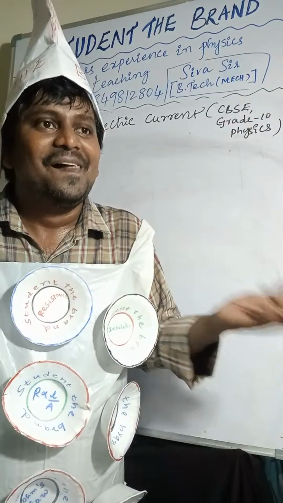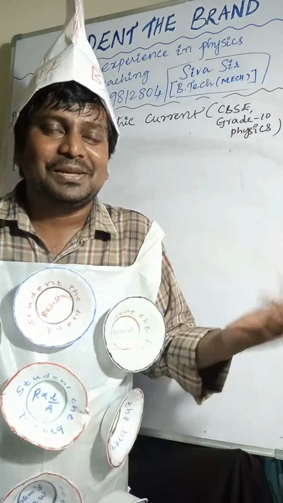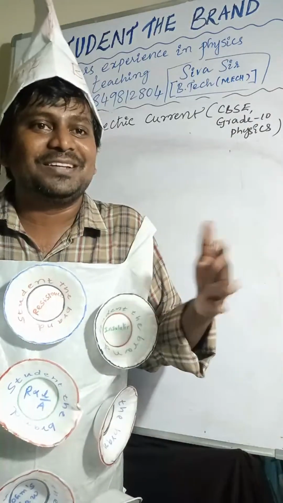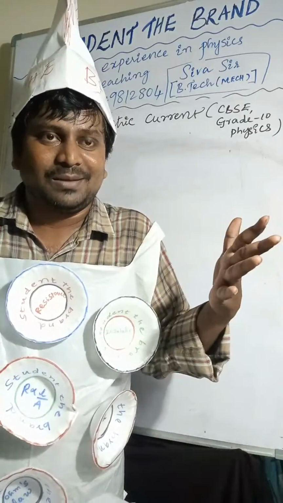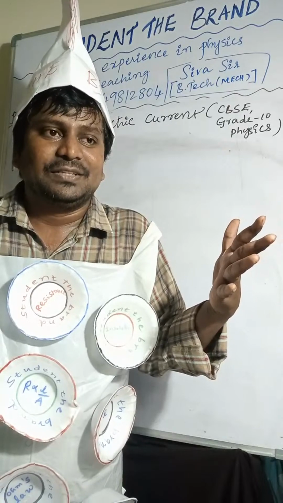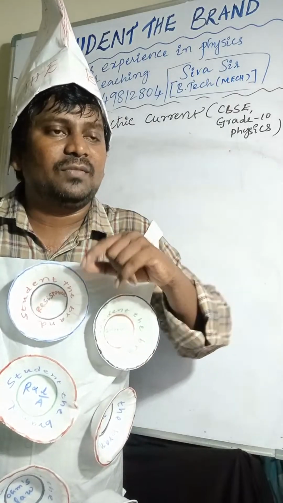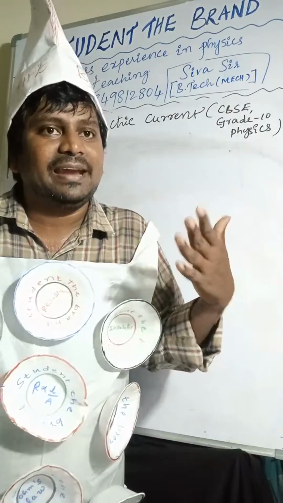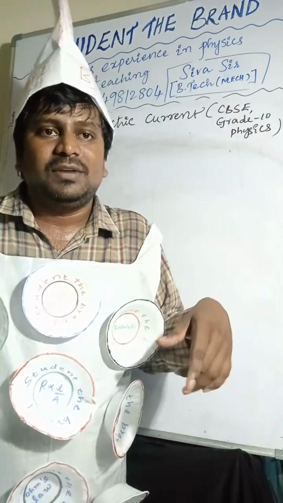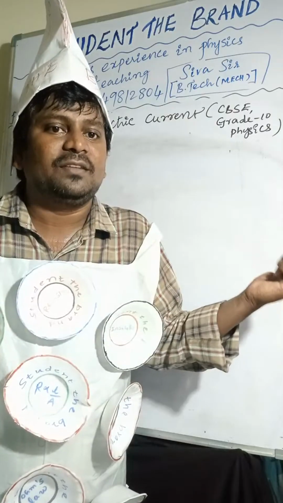Next one. So commercial unit of energy is kilowatt hour. 1 kilowatt hour equals 3.6 into 10 power 6 joule. So that is about the commercial unit of energy. Here we can go for one more point: short circuit and overloading. Short circuit is nothing but the direct contact of live and neutral wire takes place. Then a heavy amount of current will be taken from the